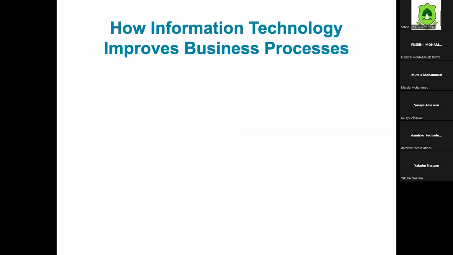So how can information technology, or information systems much more specifically, improve business processes? Some of you have mentioned some of them already. Efficiency, right? And we used the example of the queuing. I want you to look at this in two main ways: how technology can improve business processes. If you have been doing things traditionally, and you think that technology can come in to improve it, it means that if there were duplications, the technology will do what? It will remove the duplication so that when people come, they are served what? Faster, quicker.